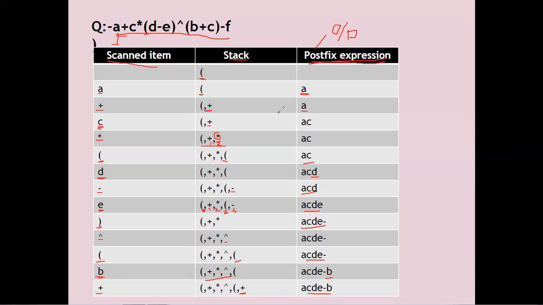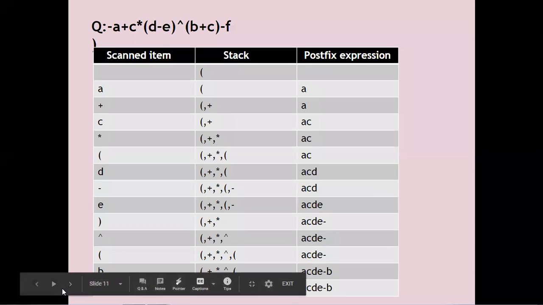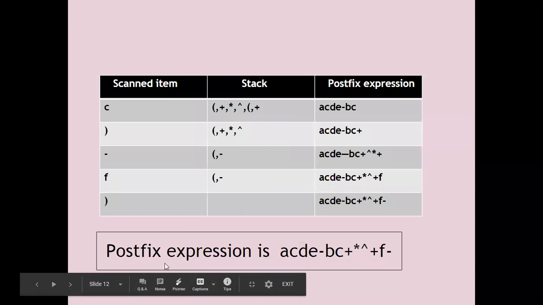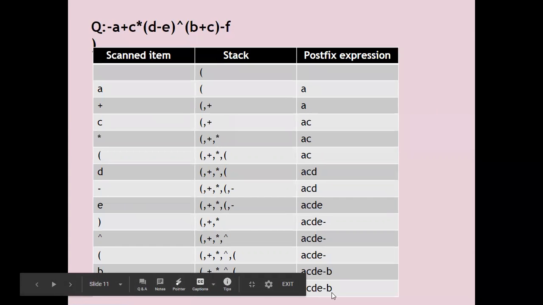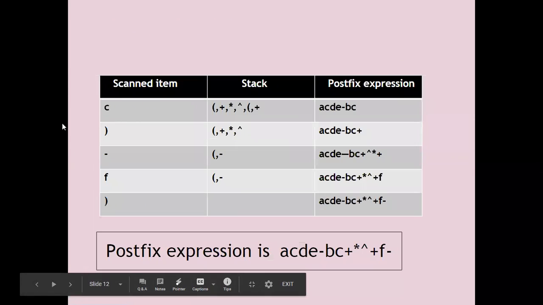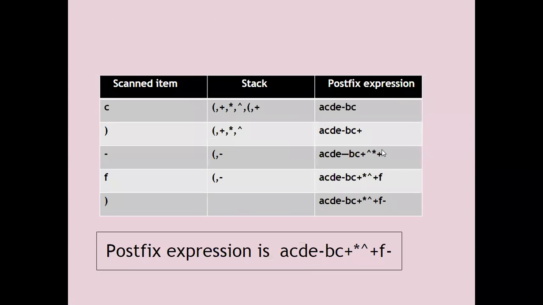So this half part we have completed here. Now we'll continue this example again. We focus only on the bracket completion with C, and minus F is remaining. We revise the previous output, that is B. The next scan item is C. We have to scan the C. Again the story is the same. What is C? C is an operand. So it is directly placed into the output string, that is C is displayed on the postfix expression.